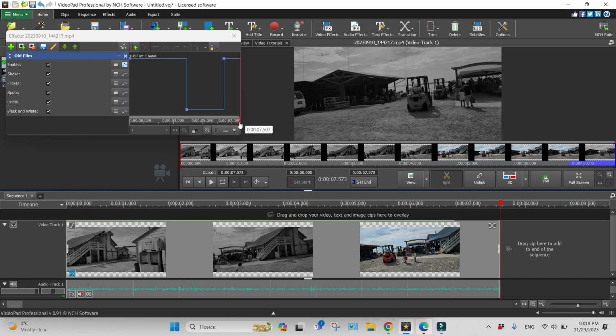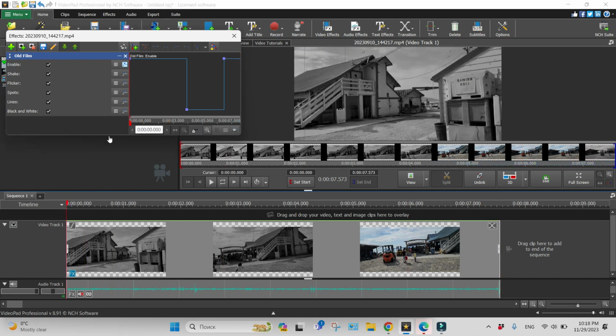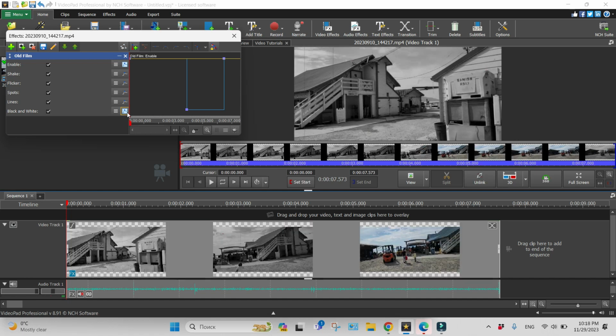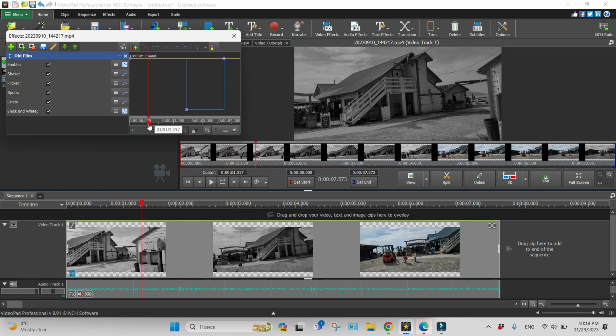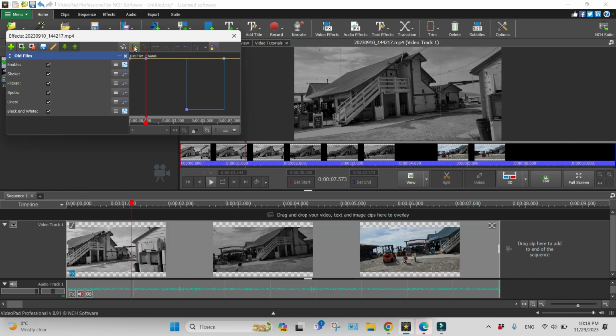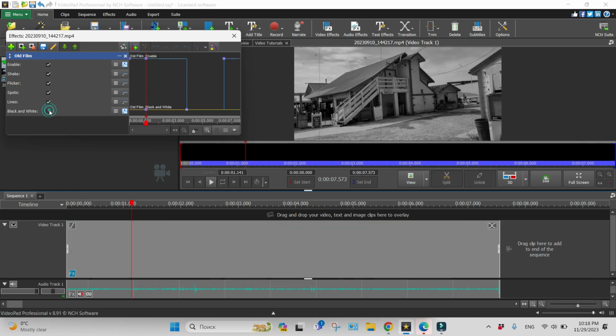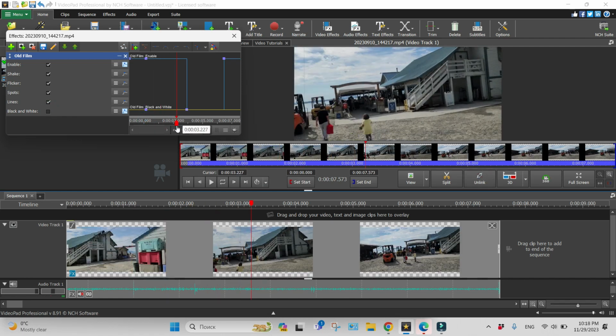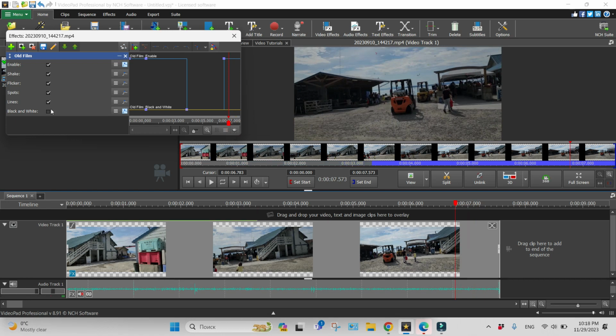Okay, and additionally you can do the animation with all the parameters. For example, black and white, it's most visible. Okay, let's say at some place I will add a keyframe, it will stop working and then work again. Here, for example,